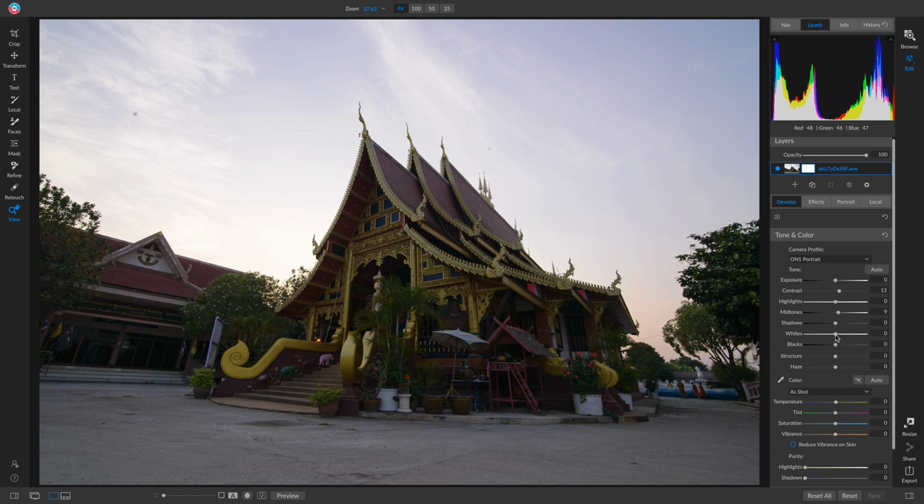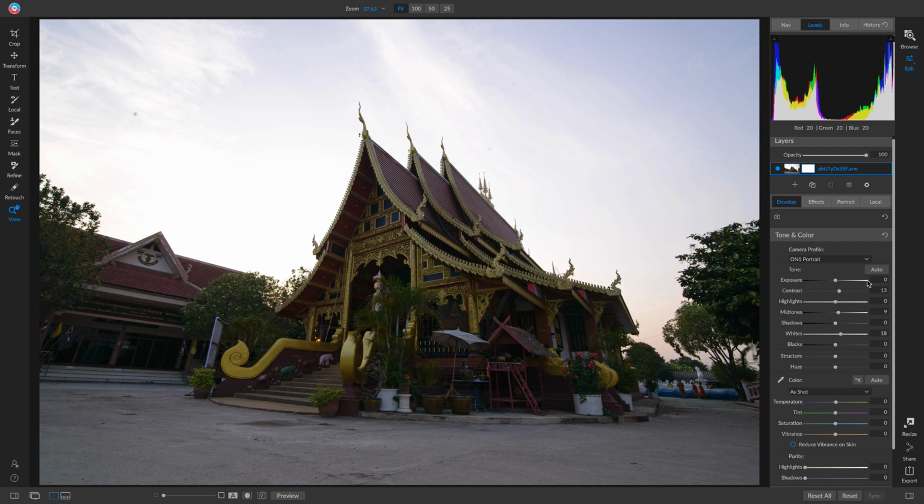And then what we're going to do is we're going to pull up on our whites, because that's going to make this area up top just kind of this big blob of white, which is actually good if we're trying to replace the sky, because then we can use a color range mask in here to just strictly apply it to this tonal area. And we probably don't need our whites that much. And remember, we can always go back and redefine these adjustments, but for now I think this is pretty good,